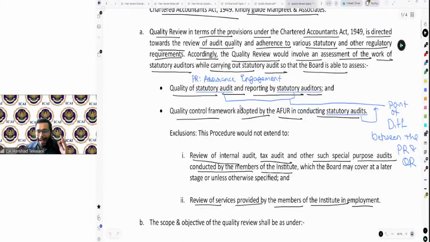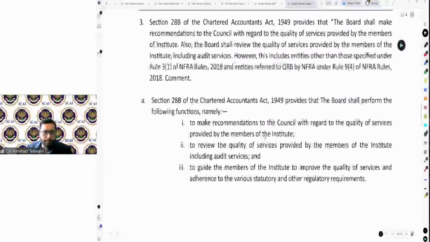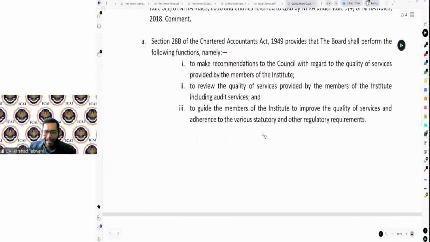However, there is an exception to this, which was clarified by the Ministry of Corporate Affairs. Now, what is that exception? Section 28B of the Chartered Accountants Act provides